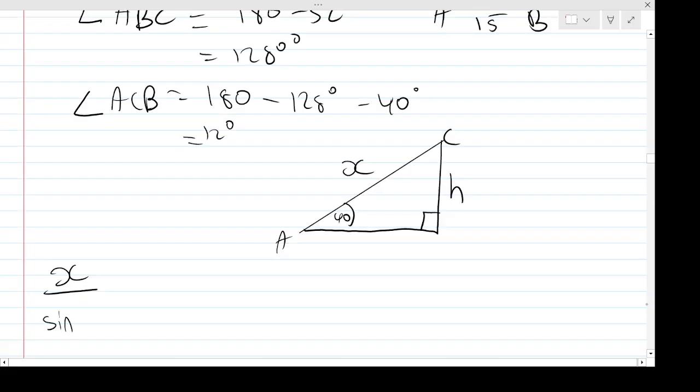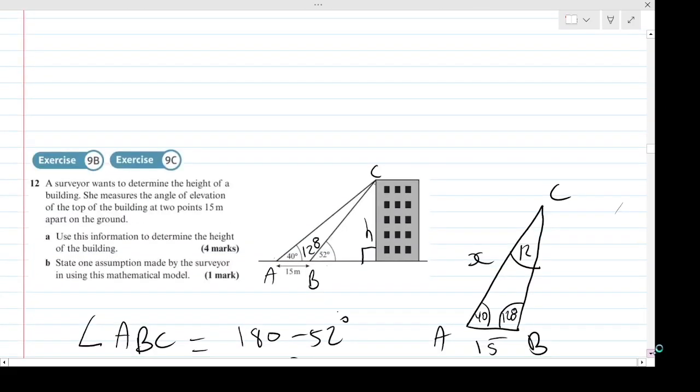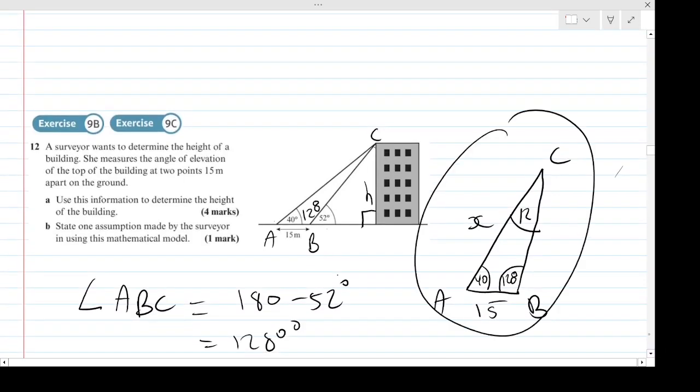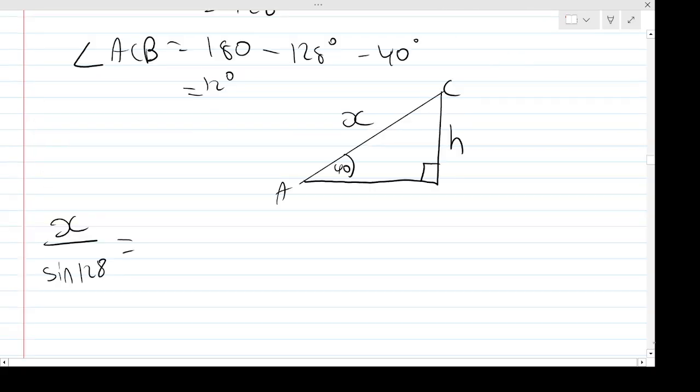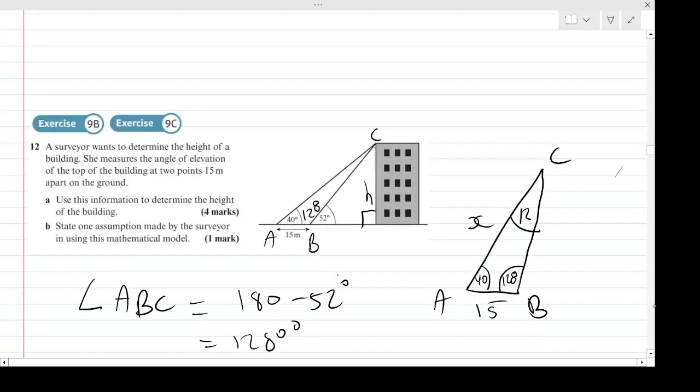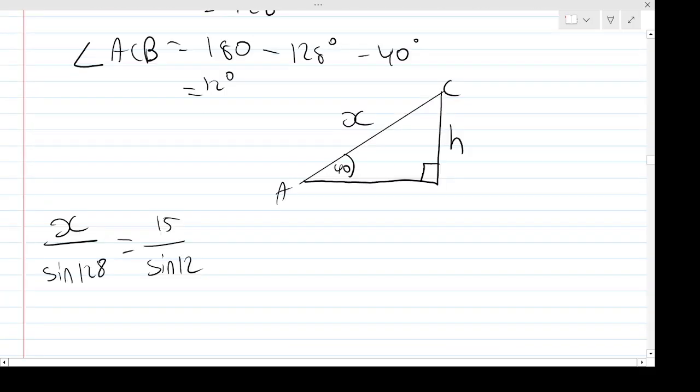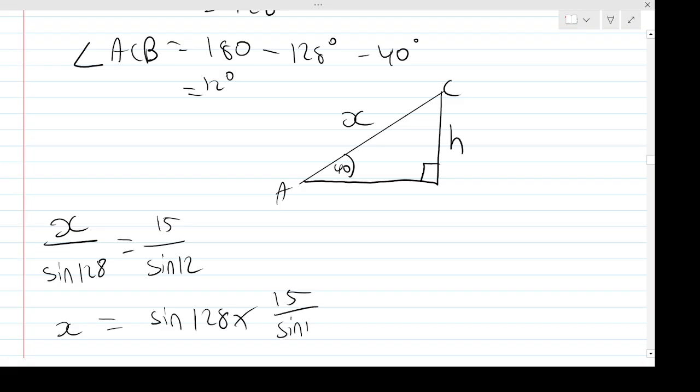So sine 128, and then that's going to equal... Let's go back to this triangle here. That's going to then equal 15, and then the angle facing that side 15 is 12, right? The angle 12 is facing the side AB, which is 15. So we're going to get 15 over sine of 12. Cool. So then I can solve for x, right? That length x. So x is going to be sine 128 times by 15 over sine 12,